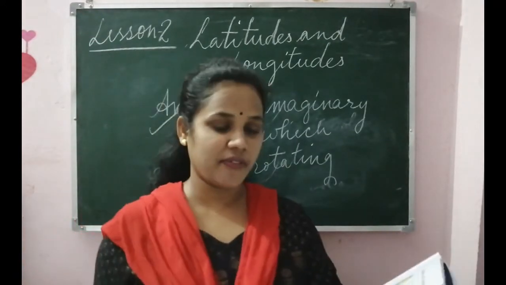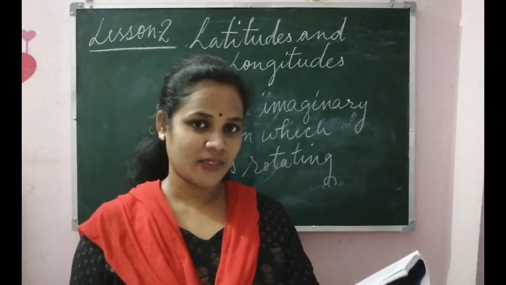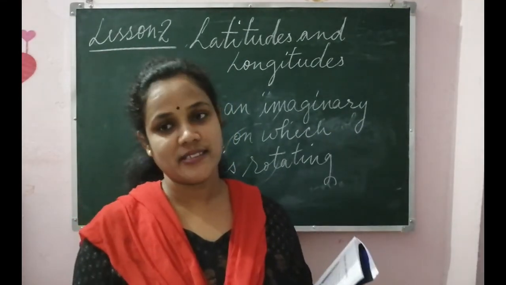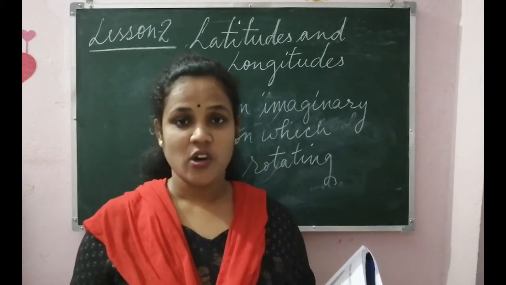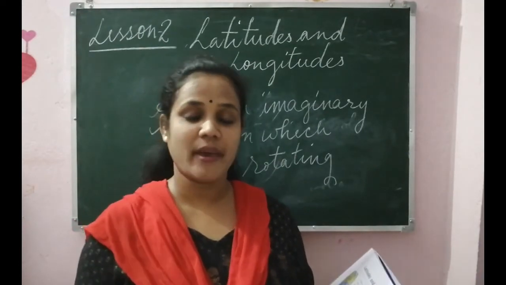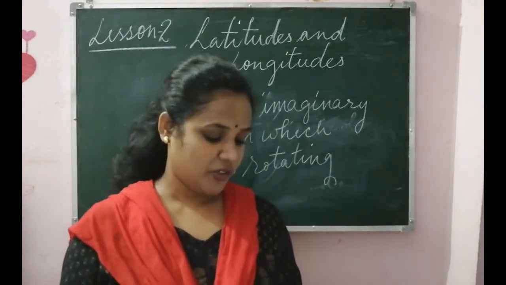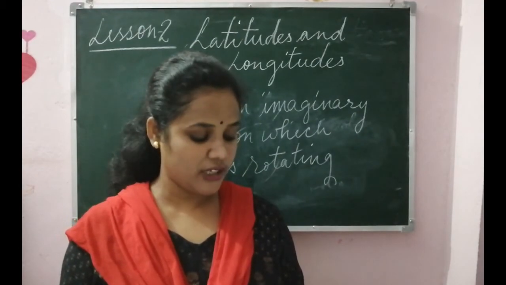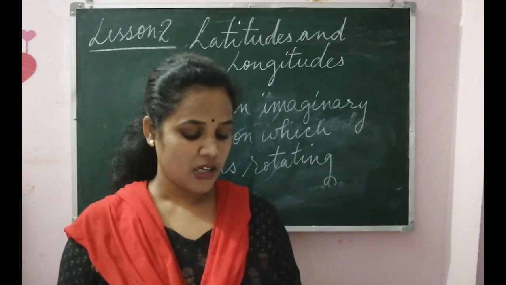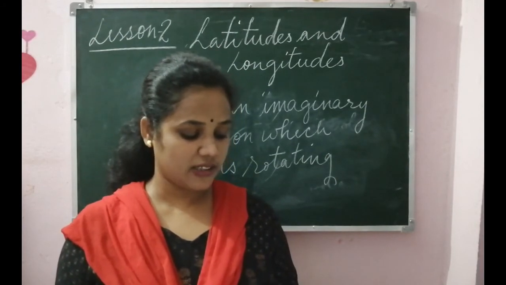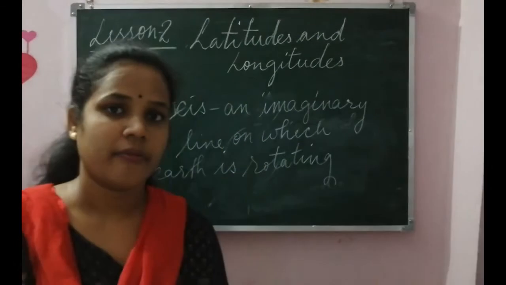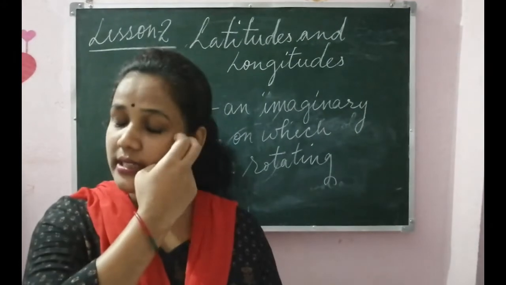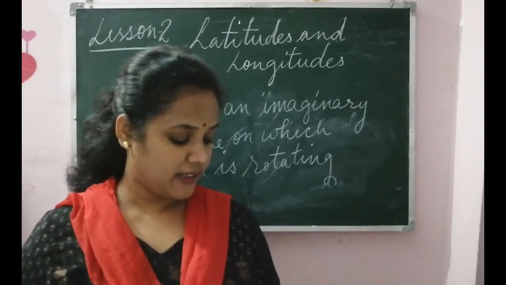You can see this in paragraph number 2 on page 9. Go to page number 9. It is written, to know about the location of different places. If you have to find a different place on the globe, on the earth, we use these imaginary lines, latitudes and longitudes. These lines are drawn on the globe, the model of the earth. These lines form a pattern which is called a grid that cuts each other at right angles. So these lines on the globe present the model of the earth, and this pattern of lines is called a grid.